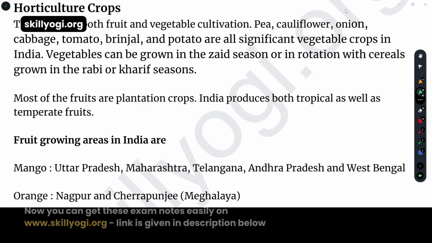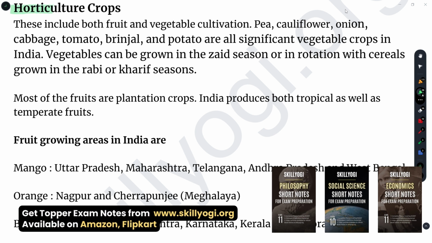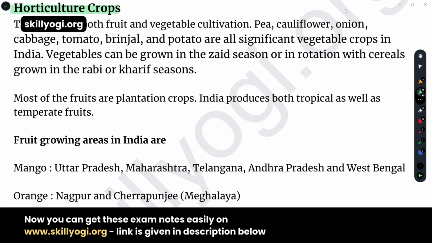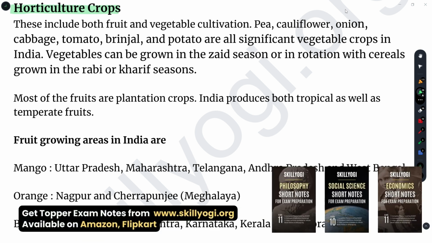Now the next thing is horticulture crops. First we have to know what horticulture crops are. What does it mean? Basically it's the science and art of growing plants like fruits, vegetables, flowers or any other kind of cultivar. It also includes plant conservation, landscape restoration, soil management, landscape and garden design, construction and maintenance of arboriculture. In contrast, horticulture doesn't include large-scale crop production or animal husbandry.